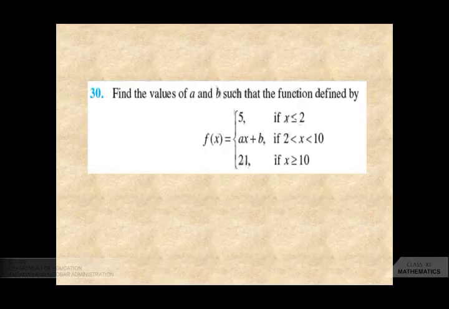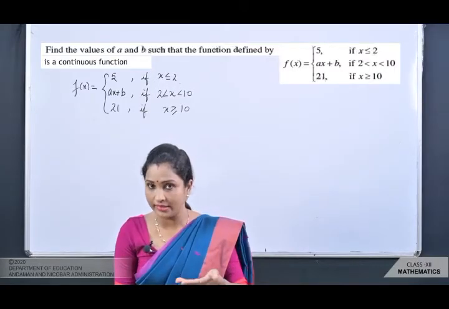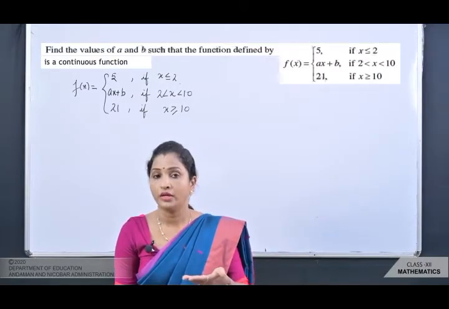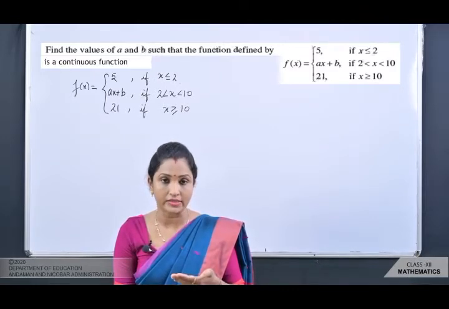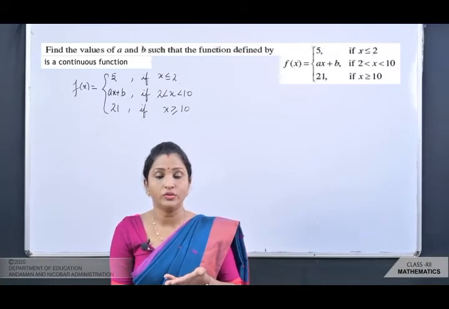30th question, find the values of a and b such that the function defined by f(x) is equal to 5 if x is less than equal to 2, ax plus b if 2 is less than x less than 10, 21 if x is greater than equal to 10. इससे पहले वाले जो क्वेश्चंस हैं वो हमने सारे डिस्कस कर दिए थे प्रीवियस क्लास में. आई होप द क्वेश्चंस विच आई हैव गिवन यू हैव ऑलरेडी डन इट. ओके, वेरी इंपॉर्टेंट क्वेश्चंस. नाउ इन द 30th क्वेश्चन आल्सो you have to find the value of a and b